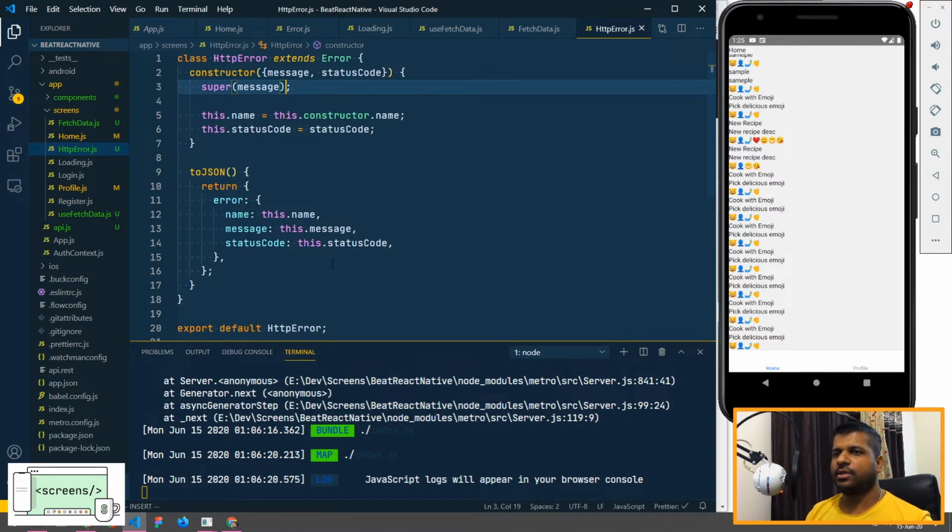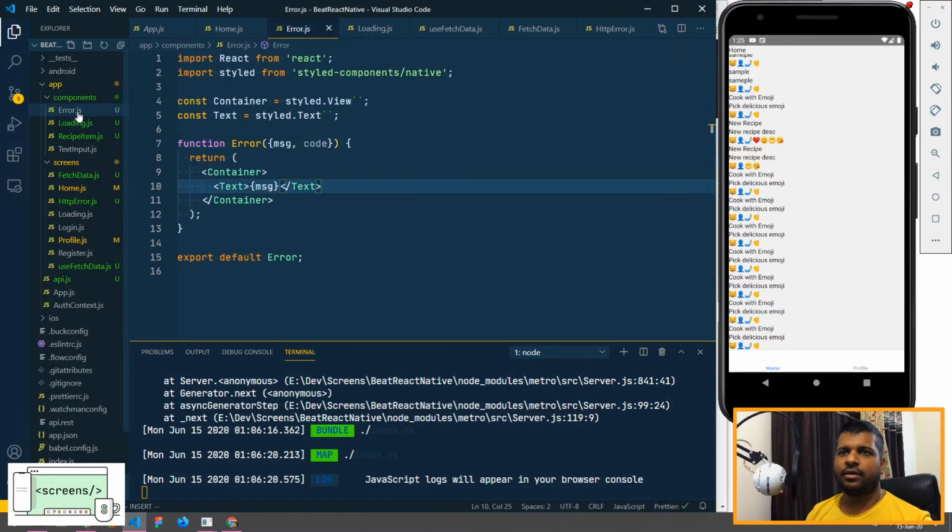It will contain a name, message and status code, so we need to change our error component here to abide by that.